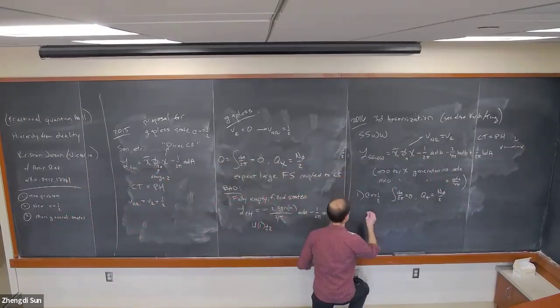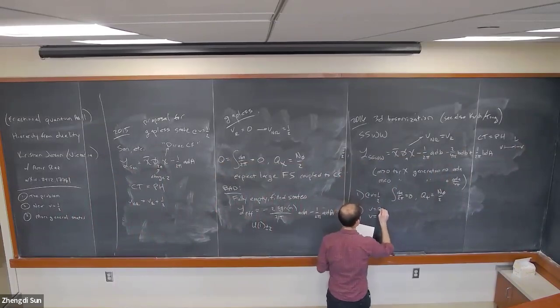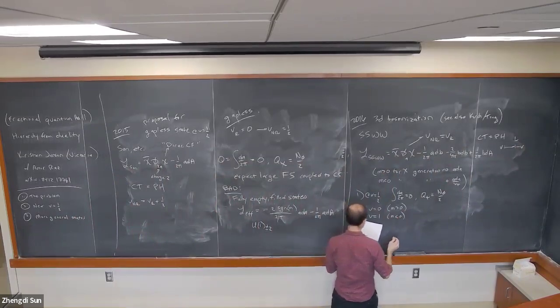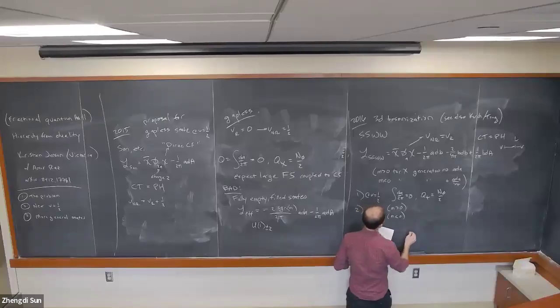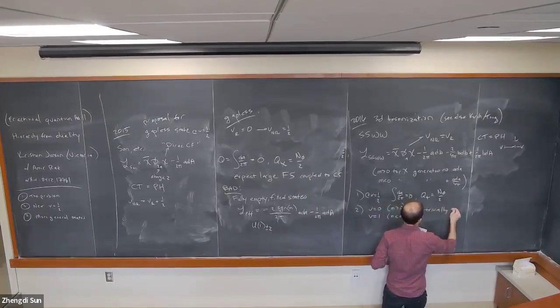The other thing that it does, besides getting the gapless state at half filling right, is it has the analog of fully empty and fully filled states. The fully empty one comes from a very large positive mass deformation, or adding a Dirac mass to the fermion. The fully filled one from a large negative mass deformation. And in both of these cases, in the deep infrared, you get a trivially gapped phase. No topological order.